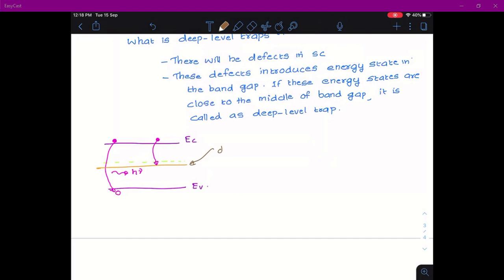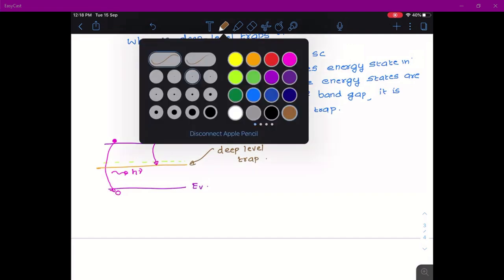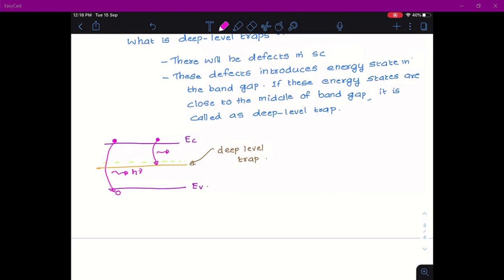So, this is called a deep level trap. Now, this energy will also be released, but you see now the energy difference that the electron is jumping is small when compared to the previous case when we do not have a deep level trap. So, this is small and this is large. So, nu will be high or in the visible region when there is no deep level trap,